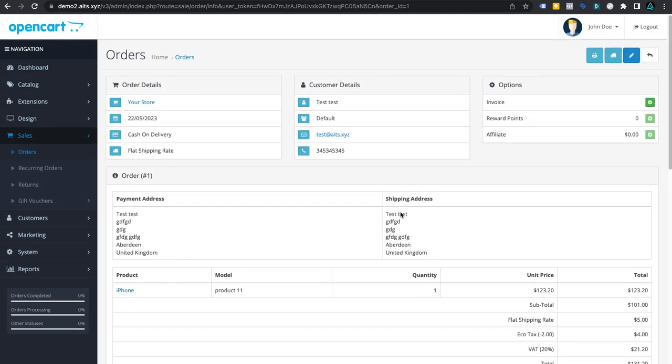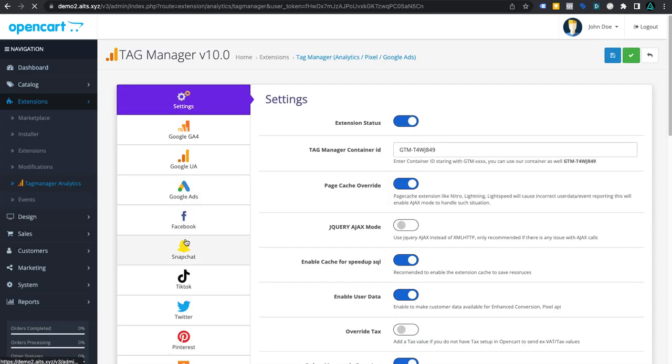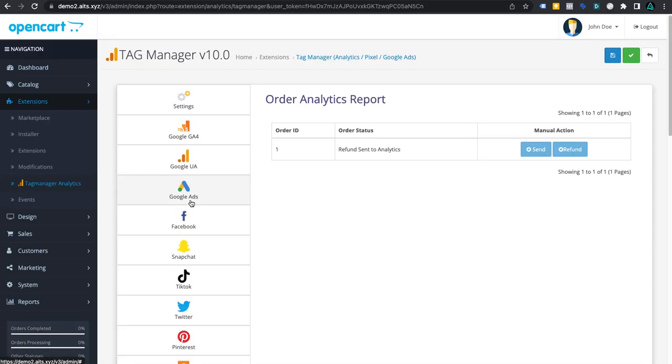And we did the order history. Let's go back to the extension, and we go to order analytics. Now it shows refund. So refund sent to analytics. So once you refund the order, you cancel the order, or you decline the order,